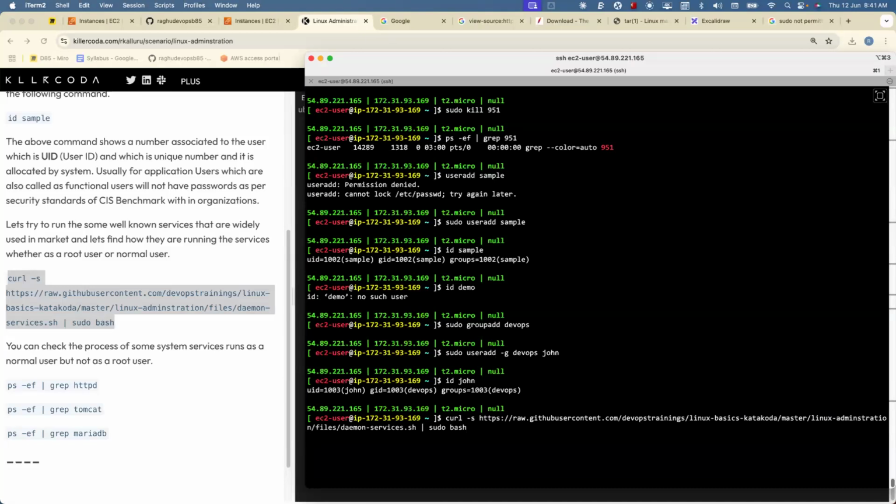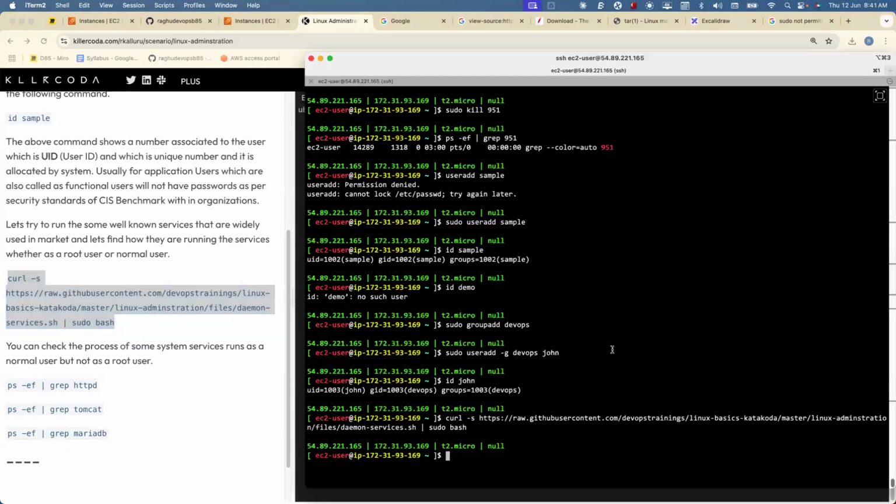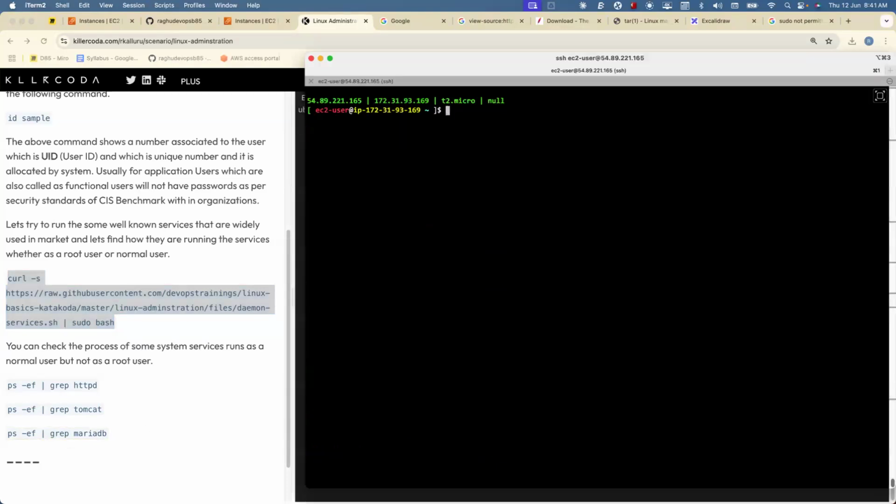I'm just trying to bring some processes, which are very commonly known, widely used software. Apache Web Server is one of the widely used web servers, or Apache Tomcat. Or MariaDB, I mean, MySQL. It's a database, by the way, MariaDB. These are some of the widely used ones. Now, I just installed those softwares behind the scenes. That's okay. ps -ef pipe grep for